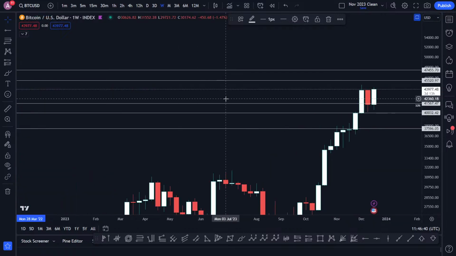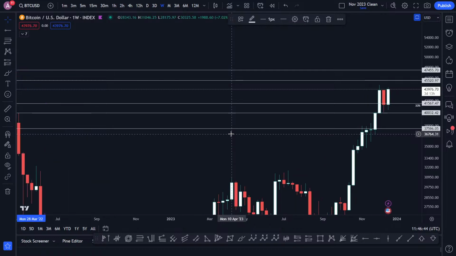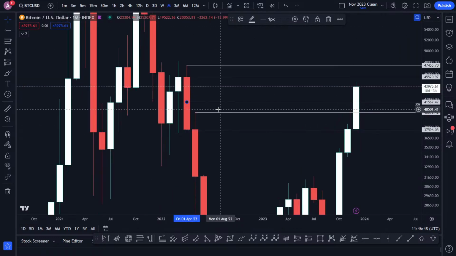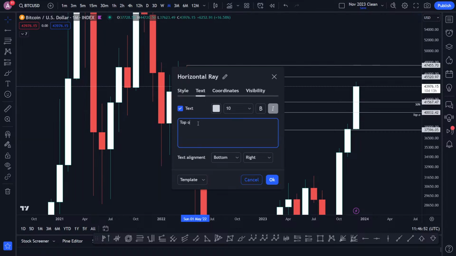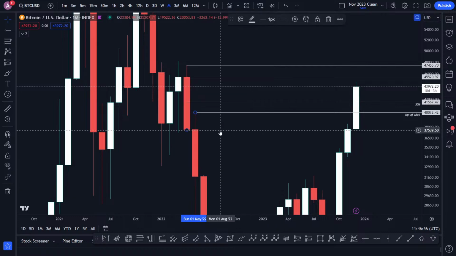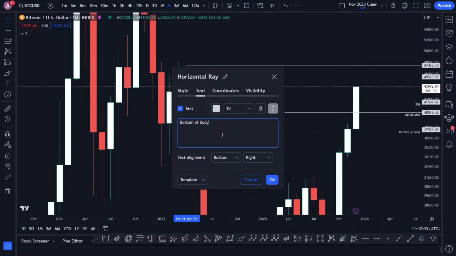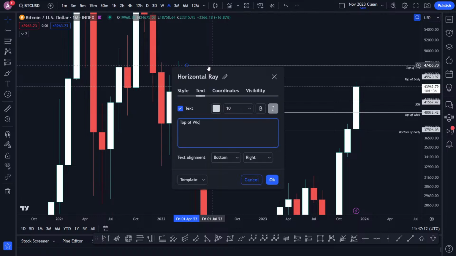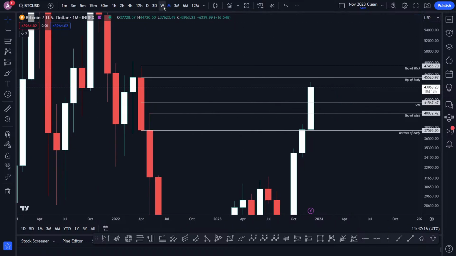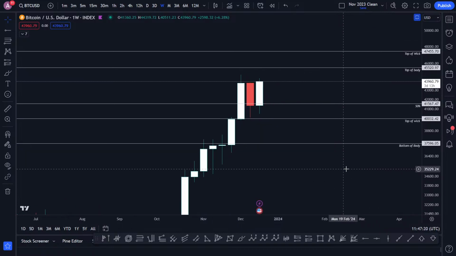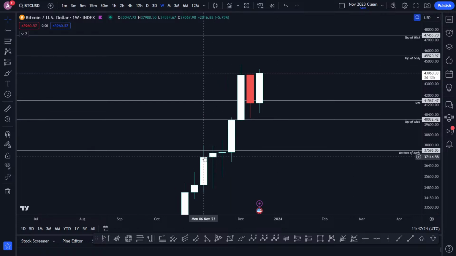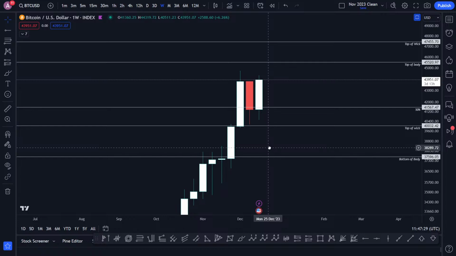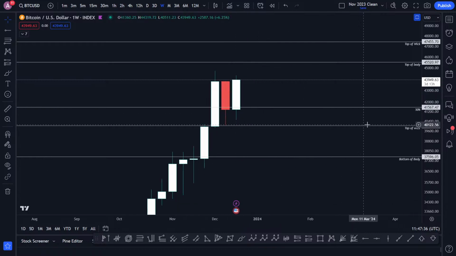And then as we zoom in to our current price action, what you'll notice is, so if I go back, now I'll actually label them so you can see. Top of the wick, bottom of body, top of body, top of wick. And then go to the weekly time frame and you go, oh wait a minute, look what's happening. We came into the bottom of this body, then we came up to the top of the wick, we cleared the 50%, so it didn't really hold as anything. Then we came all the way back down to the top of the wick,